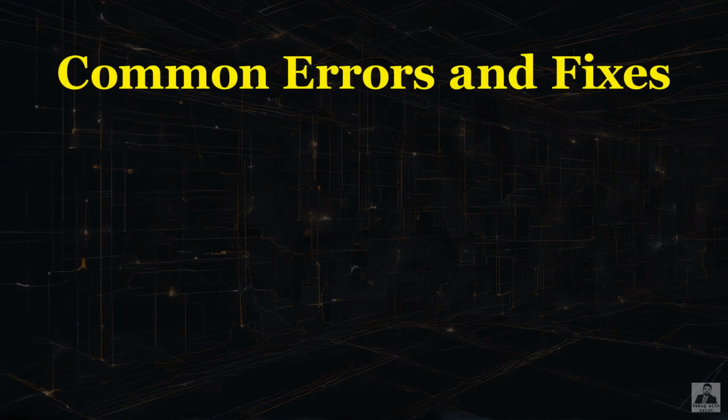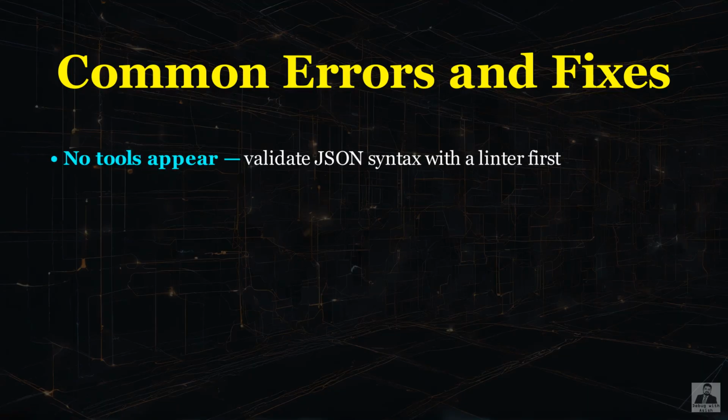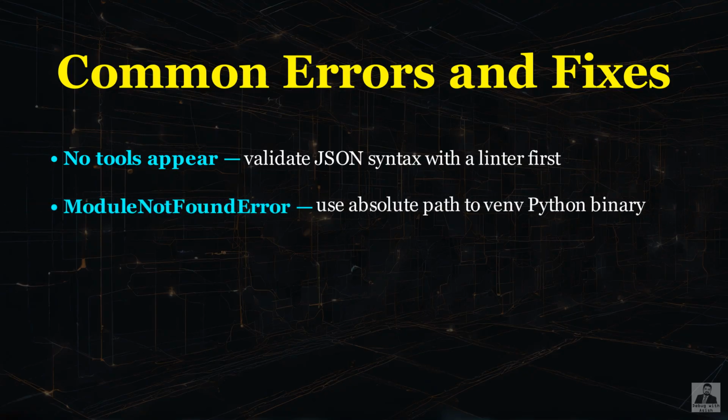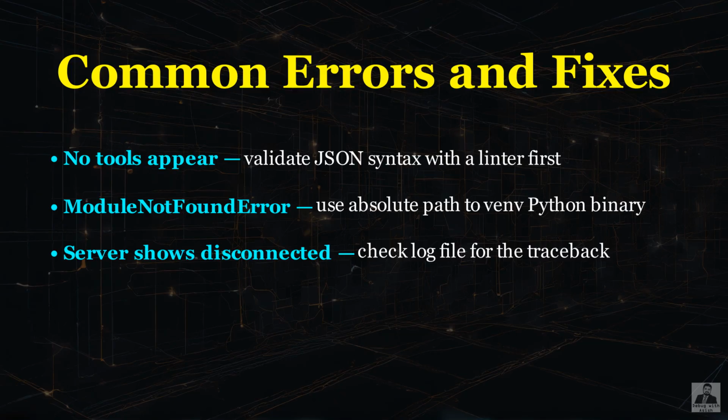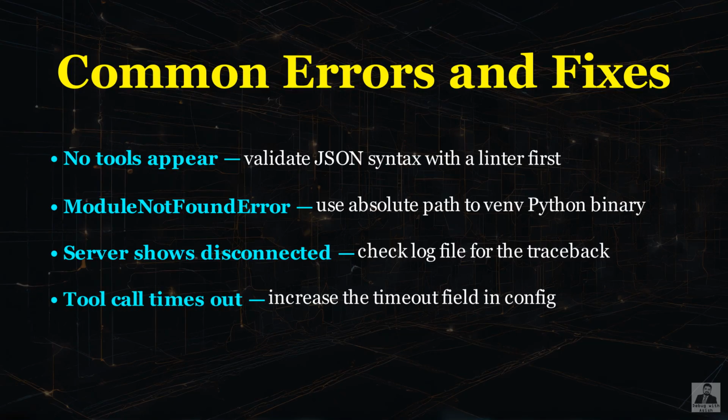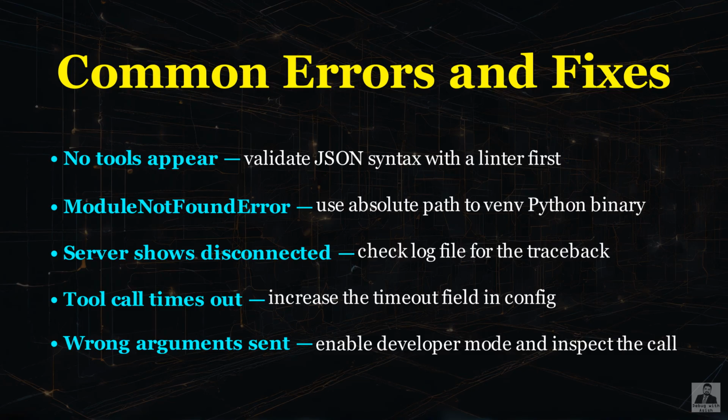Five errors with quick fixes. No tools appearing almost always means invalid JSON. Validate the file first. A module not found error means the wrong Python is running, so use the absolute virtual environment path. Server shows as disconnected means it crashed on startup, so read the log file. Tool calls timing out need the timeout field increased. And if a tool returns wrong results, enable developer mode and check the exact arguments the model sent before blaming